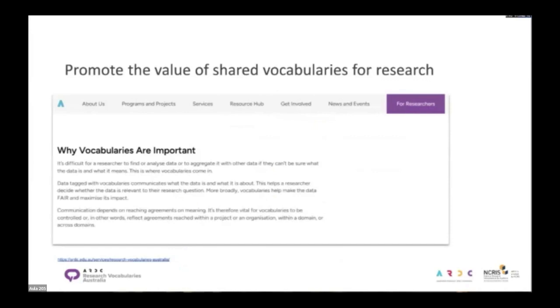Another example of an initiative aimed at encouraging the adoption of standard vocabularies. RDA promotes messages about the value of vocabularies, tries to push clear, simple messages. For example, that vocabularies express agreement on meaning. Agreement on meaning enables communication, and the meaning of research data can be communicated through the use of shared vocabularies. And that agreement is essential. Consensus underpins adoption of shared vocabularies.